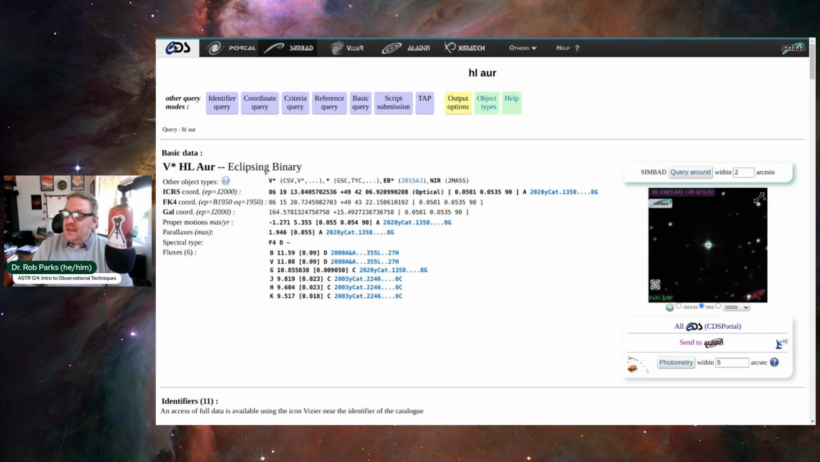It is an eclipsing binary. Specifically, it is a W UMa, or W Ursa Majoris, type eclipsing binary. So again, this is an example of this not being specific. Yes, it is an eclipsing binary, but there are a number of different types of eclipsing binaries. But again, you have the ICRS, you have FK4, and so forth and so on. But let's go back over here to